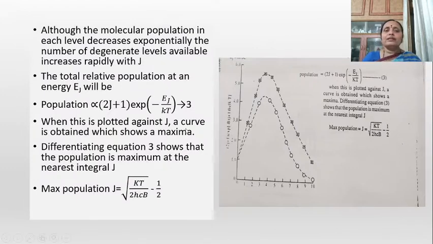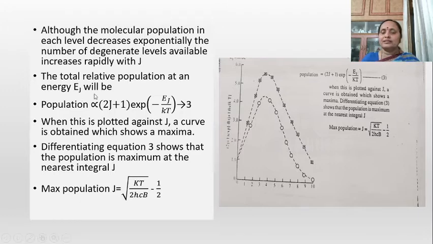Although the molecular population in each level decreases exponentially, the number of degenerate levels available increases rapidly with J. That is, with increase in J, the degenerate levels available are going to increase. The total relative population